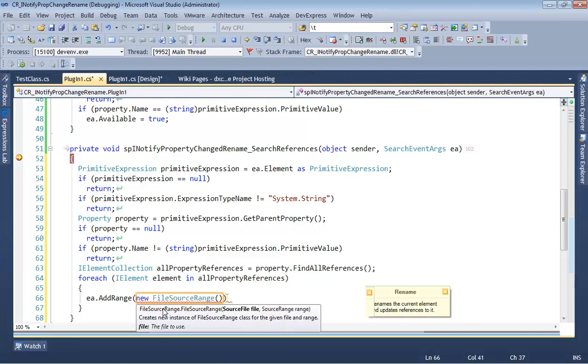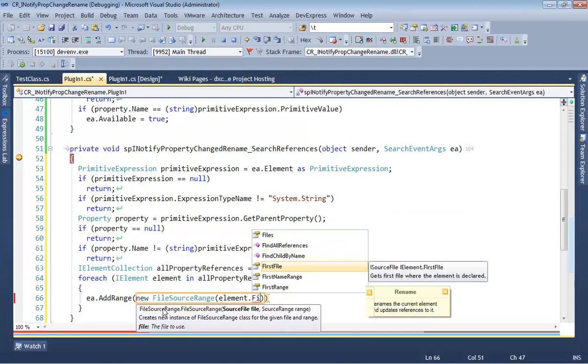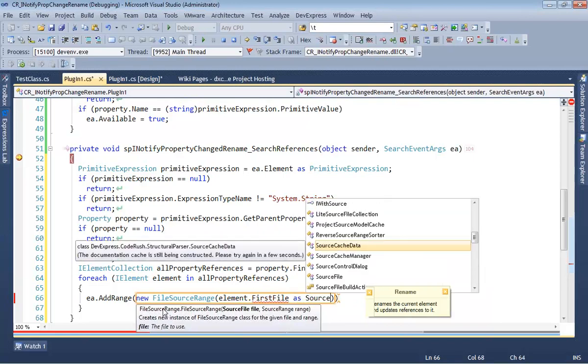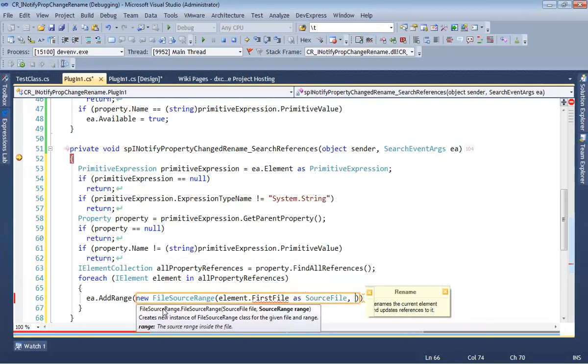And how am I going to get it? The trick is getting a source file from an element. I'm thinking it's going to be the first file. Is that source file? That's an ISourceFile. Let's try this as a source file. Get that. And then the source range is going to be